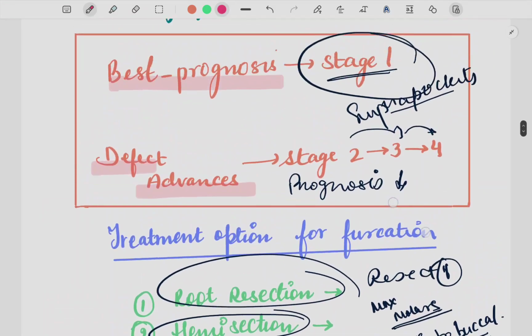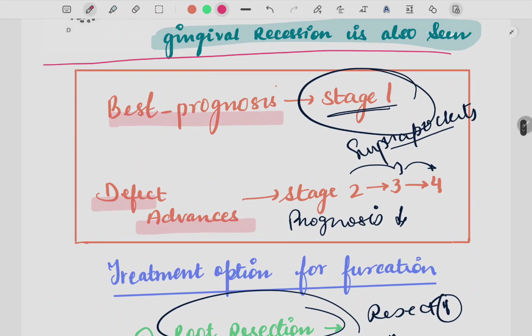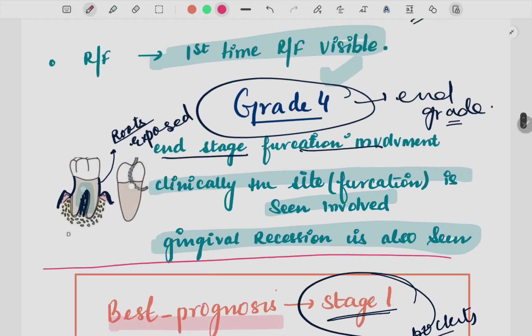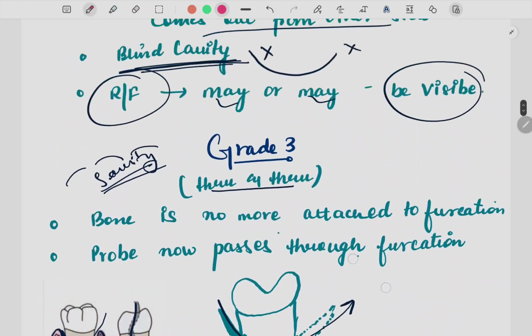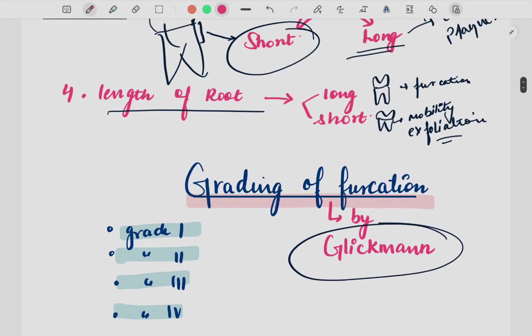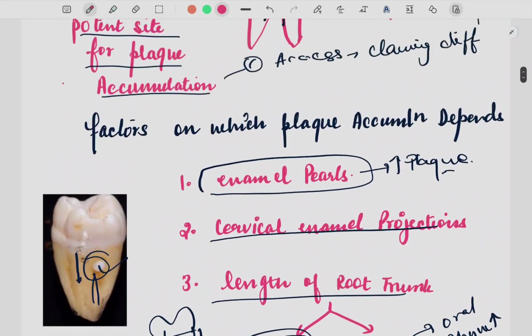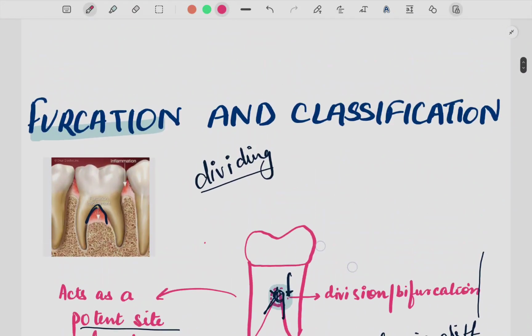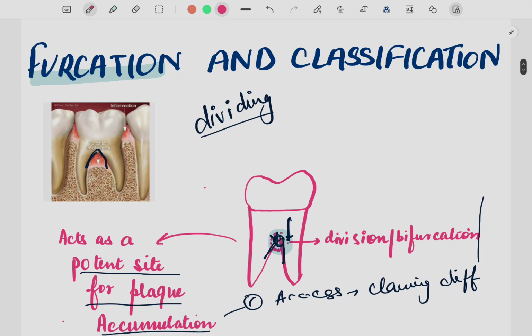This was all about furcation. What we studied here were some extra knowledge or you can say a conclusion, but what is very important for you is what is furcation involvement, what are the factors which can lead to plaque accumulation, and what are the 4 grades of furcation. This was very very important. Usually they ask this in Viva and short notes.